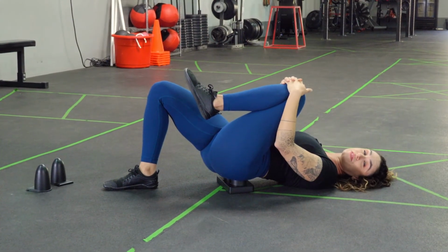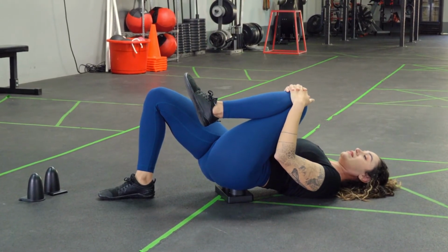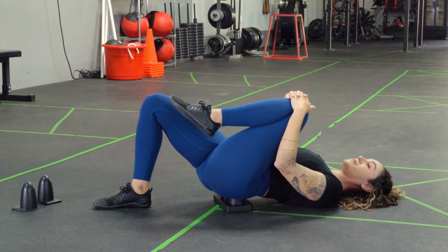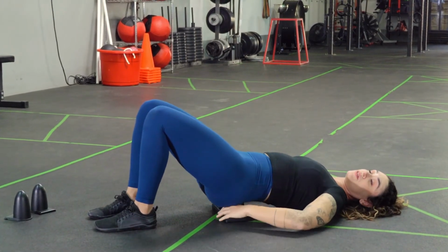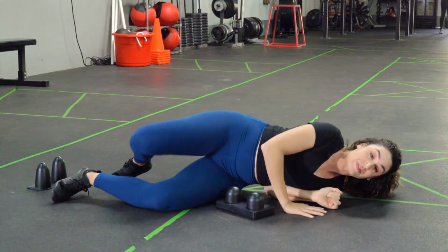Different sides will feel different just naturally because they're used differently. So again, take a couple deep breaths. And go ahead and relax. To come out of it, you're gonna slide this guy from underneath you and maybe even roll to the side